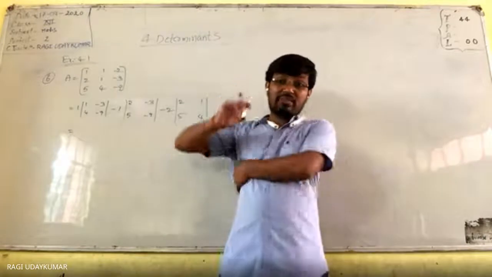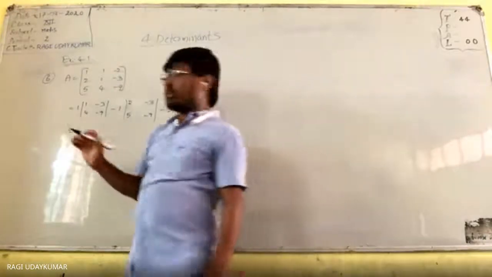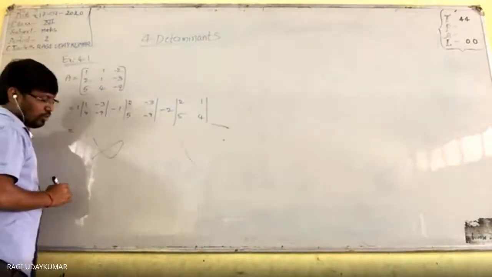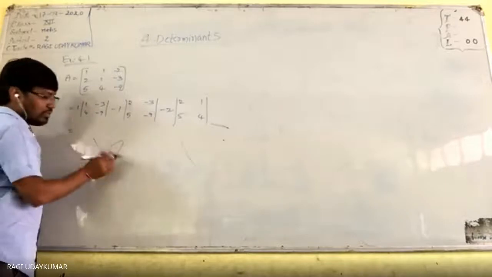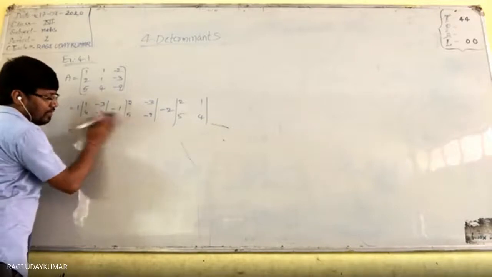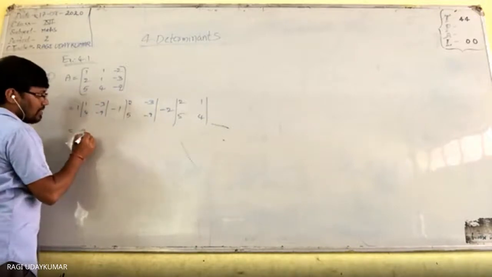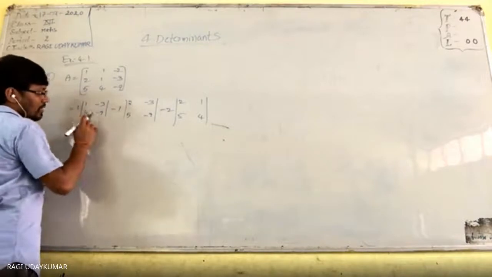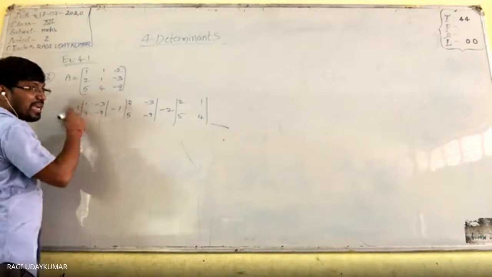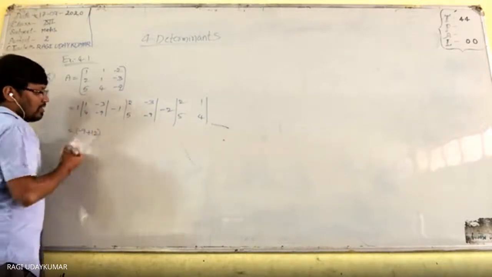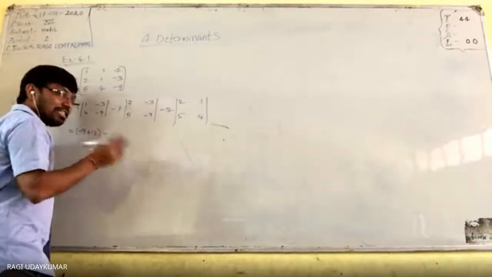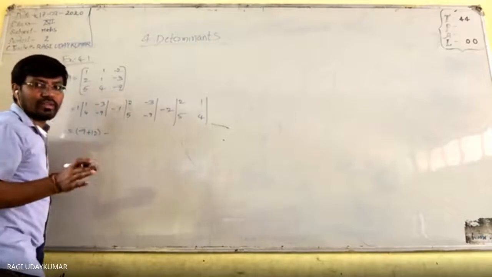So I am stressing here, please be careful when you are finding it this way. Wrong. Start from here, go from here to here, multiply, and from here to here again minus. This into this, minus 9, minus. One more mistake they will make: minus will be there in the usual formula, and multiplying these two gives again minus, so this becomes plus. Be careful here. Minus calculations: you should be very alert while doing the calculation.